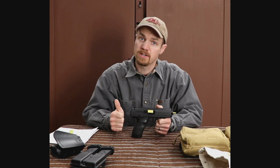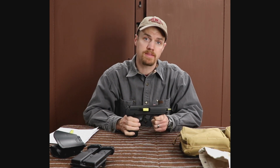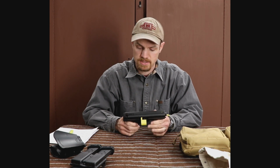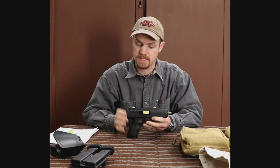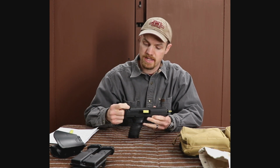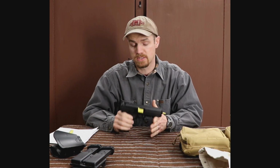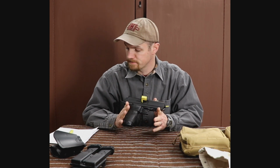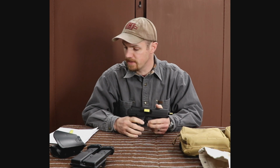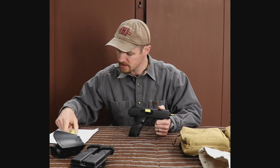But I rechecked zero after the first week and after the 8th week, and they're still grouping right there where you place the sights. So the accuracy stayed the same. The sights did not lose zero. The front sight's cast into the slide. The rear sight is adjustable in plastic, but it held up. Mind you, I wasn't beating it against door frames or dropping it, but if you're nice to it, it'll be nice to you back. At least this one was. So next we got